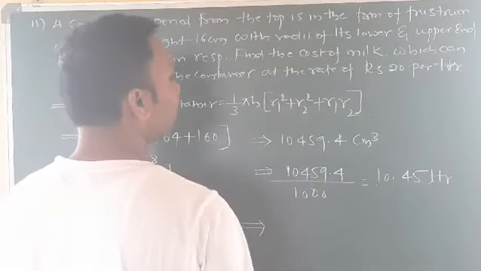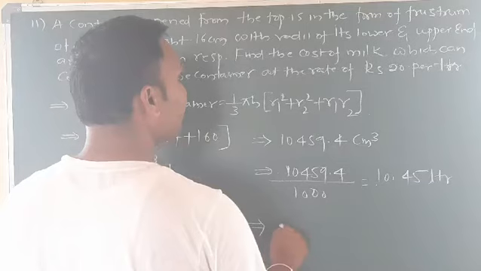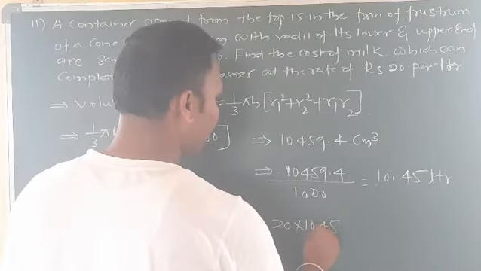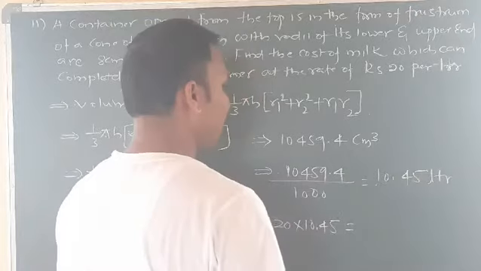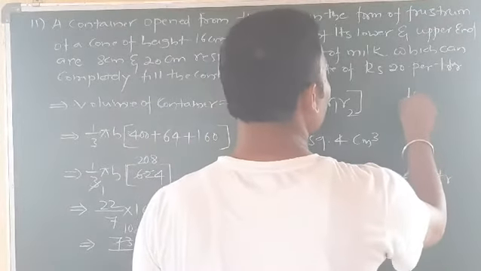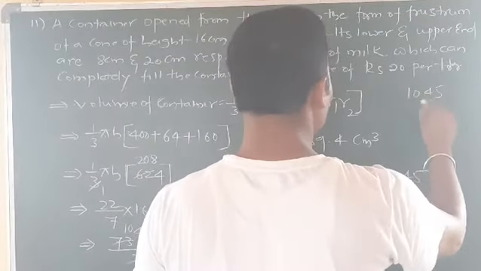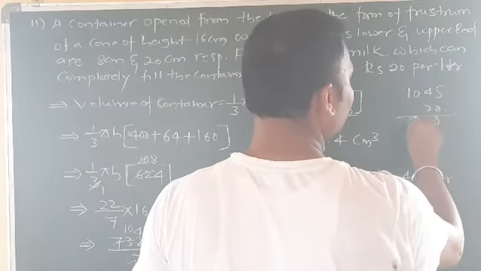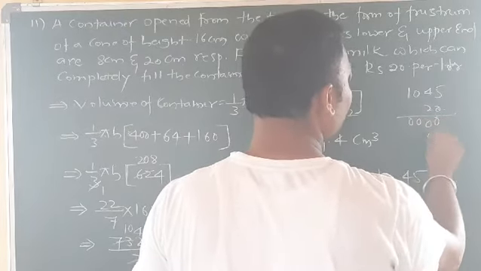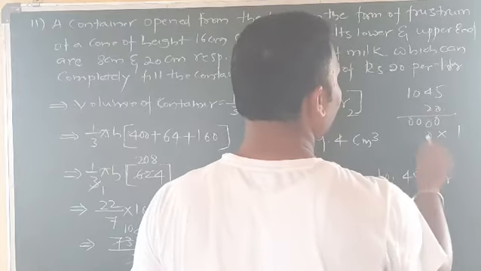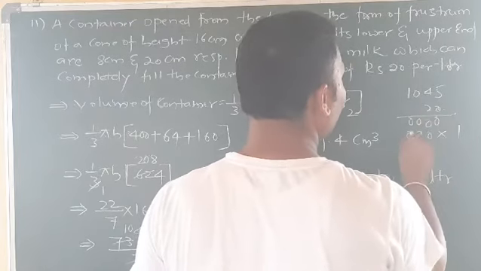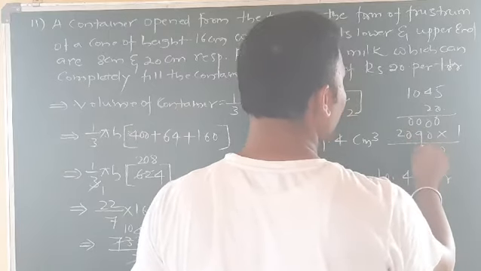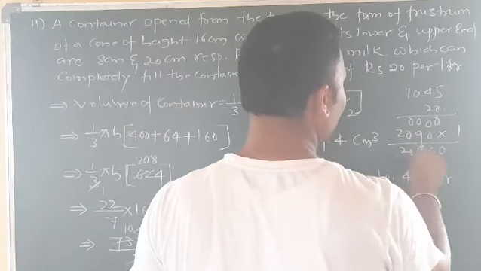So for 10.45 liters, how much is it? Per liter 20 means it is 20 into 10.45. So how much will it be, let me do here. So it is 10.45 and this is 20. So 0, 0, 0, 0. Okay, 2 5s are 10, 2 4s are 8, and this is 90. So 2. Okay, now 0, 0, 9, 0, and this is 20.